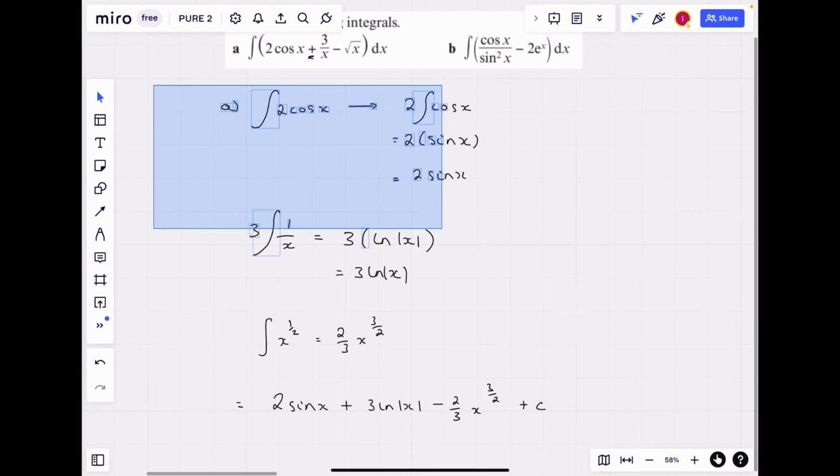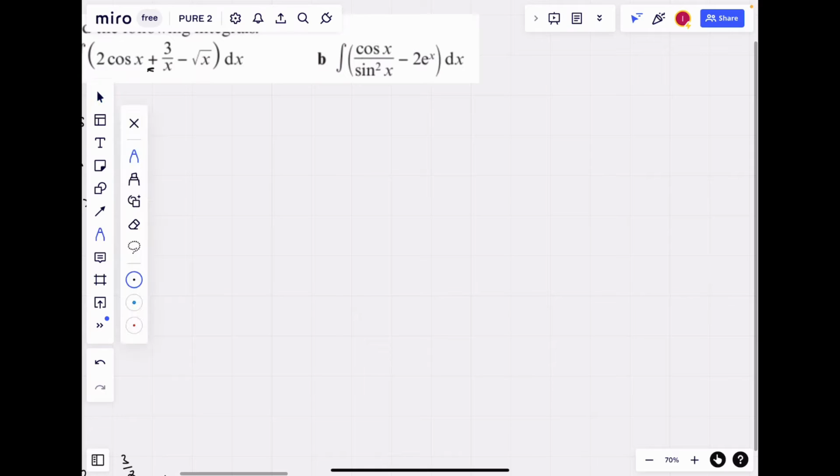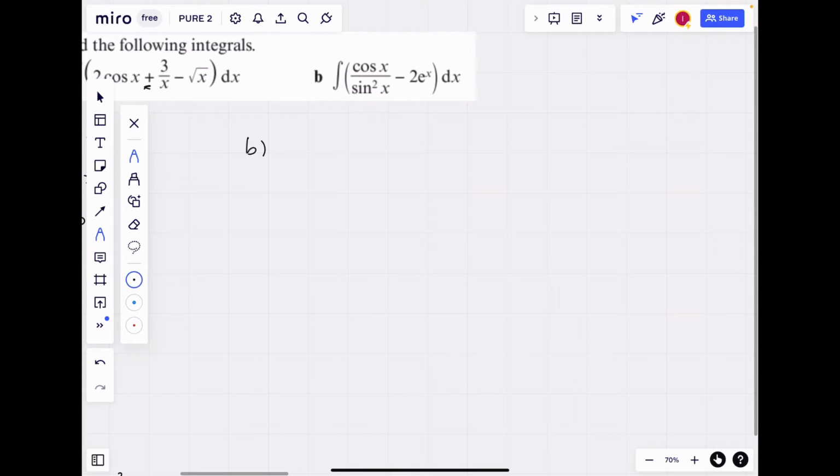Okay, let me move this here for now, and let's do B. For B, your first term, your fraction, is a little complicated. Can you try and simplify so that you don't have a fraction anymore? You have an equivalent term which has no fraction. So if you split the fraction into something like this,